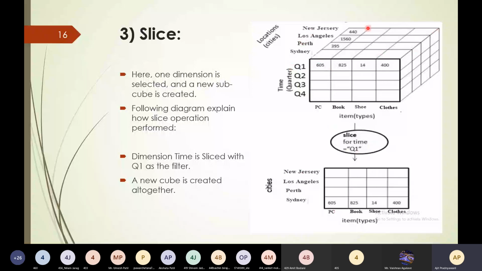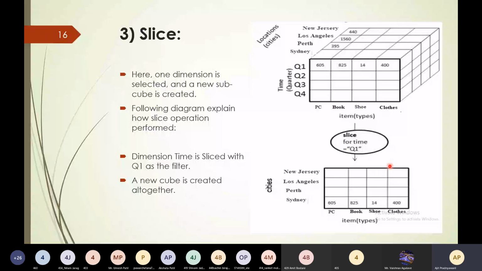This is the slice operation. It looked like a slice, that's why the operator is given the name slice. So in Sydney, PC sold 605, book sold 825, shoes 14, and clothes 400. So this is how the data of a particular dimension is retrieved. So this is the slice operation on the time dimension.